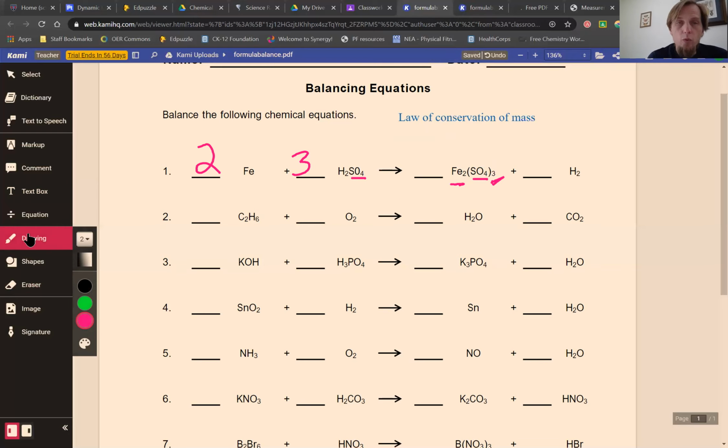So now I have 2 irons, 3 SO4s, 3 SO4s. What would this be in this blank? Well, so far it looks like that's balanced, so I'm going to go ahead and put my 1 there for now. So I have 2 iron, 3 SO4s, and 3 SO4s. I look balanced. However, when we change this 3 over here,